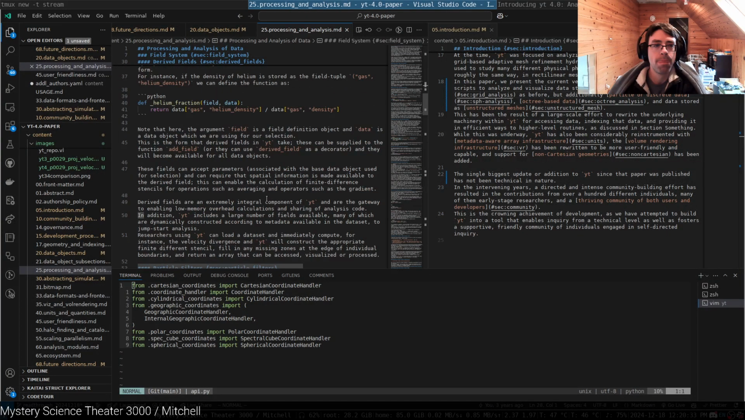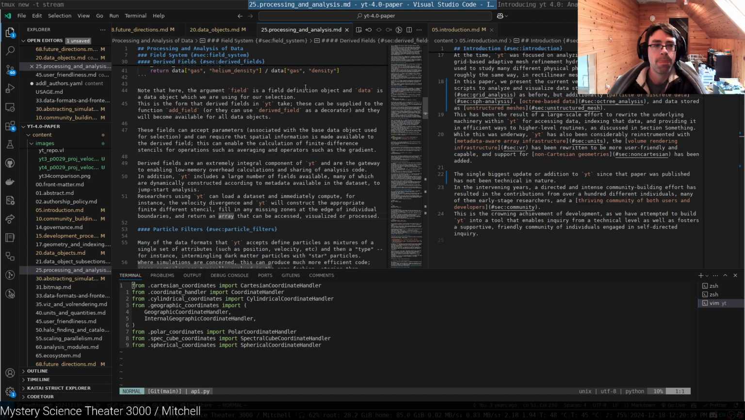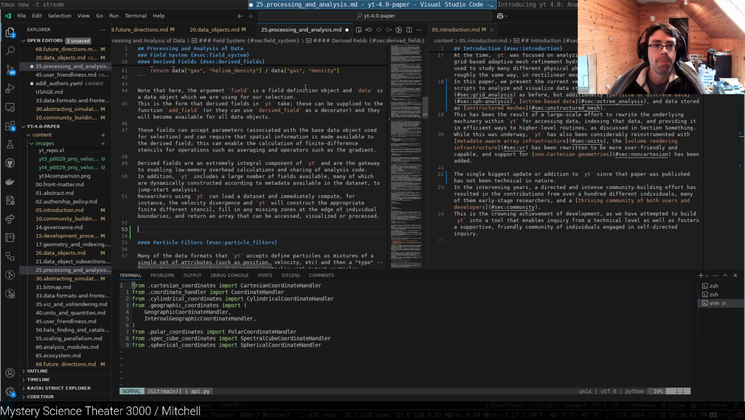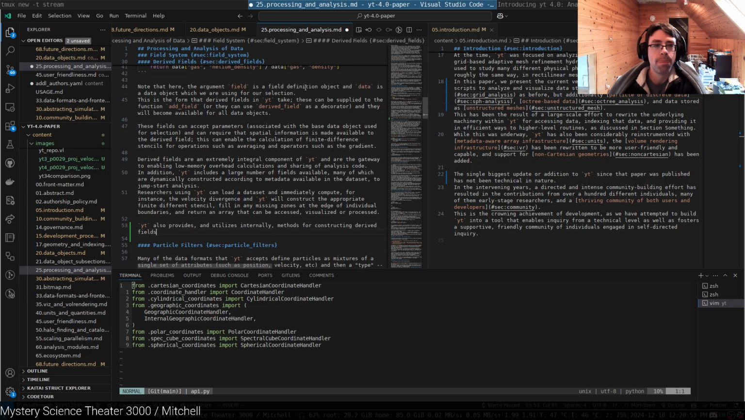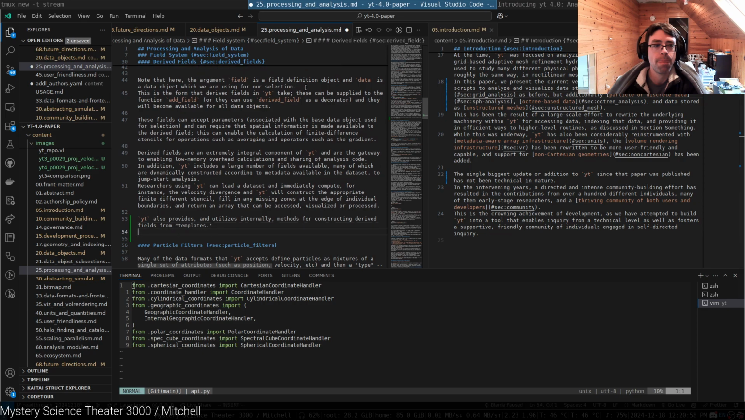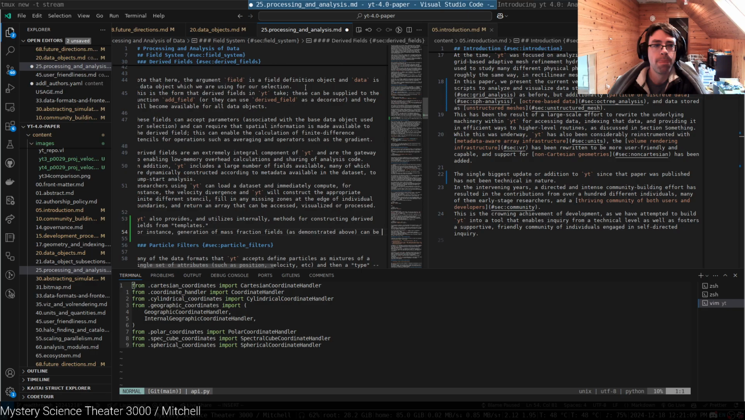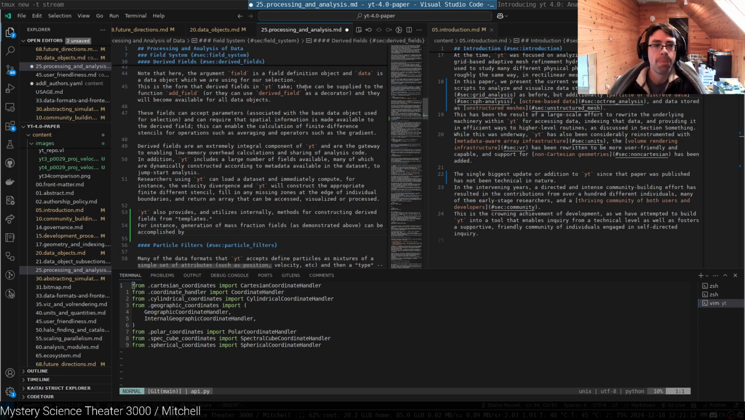Here, actually maybe I'll just write this right now. YT also provides and utilizes internally methods for constructing derived fields from templates. Templates in scare quotes. For instance, generation of mass fraction fields as demonstrated above can be accomplished by, let's see,